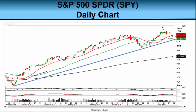Then it ran up to the March 27th all-time closing high at that time, $523.17. And that was a 22% gain, and that was great. Can't complain about that. Now, from that high, however, the SPY lost its mojo. As you can see, it started coming down toward the 20-day moving average and began to sink, and finally sank down